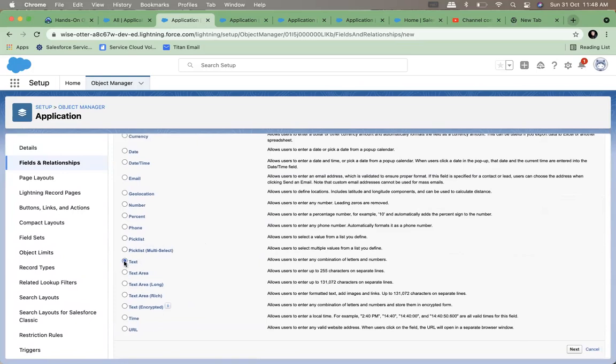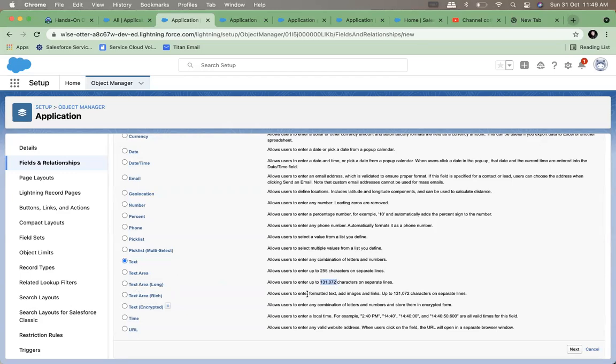Text is normal text. There are many forms of text, very important. Text is 255 characters without any enter, that is, you cannot break the line. Text area is again 255 characters, but you can break the line. Text area long is basically a lot more characters where you can break the line.